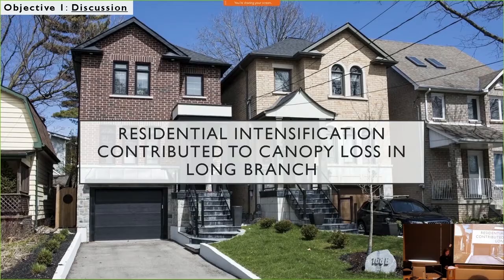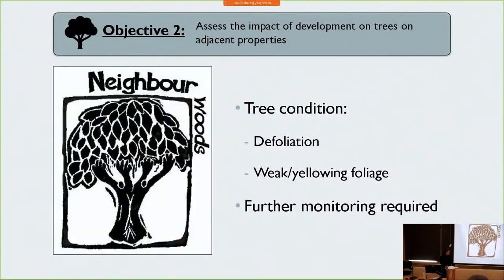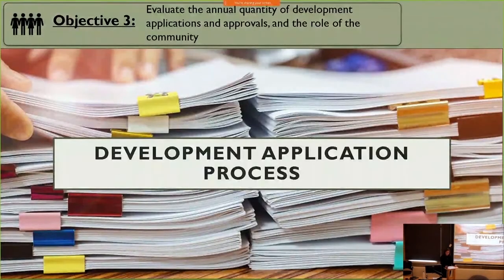their prospective ecological services. So next, I also wanted to look at any signs of decline on trees on adjacent properties to the redeveloped sites. So part of my objectives for the project, I used data collected from the Neighbourwoods inventory in Long Branch in 2018 and 2019 and looked at the defoliation and the weak or yellowing foliage ratings for trees on adjacent properties so that I could assess their condition. The average scores were actually fairly low, showing no significant negative impact, but it might be too soon to see signs of health decline, so further monitoring is needed to observe the impacts from trenching and soil compaction as a result of construction. So now we're going to shift gears a bit.